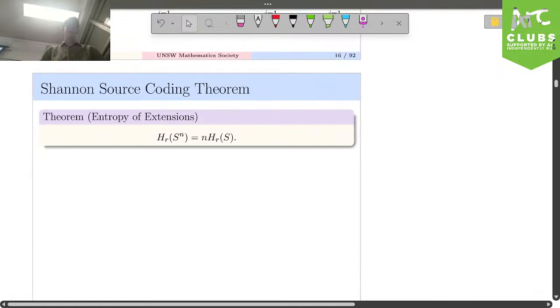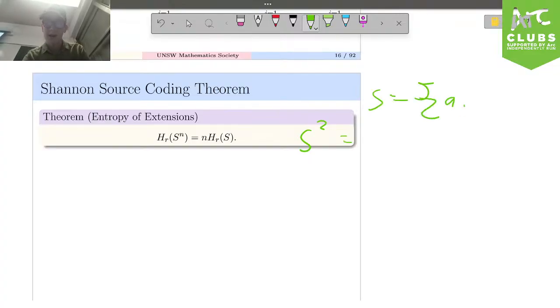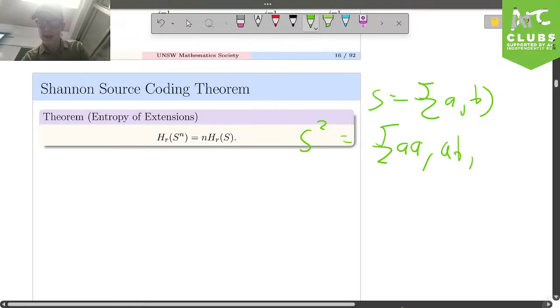So what this is talking about is similar to what we spoke about before, expanding upon that idea of entropy of extensions. We looked at how when we made the Huffman code for the extensions, for instance, we looked at, say, S squared, where if S was AB, we looked at S was AA, so we're trying to encode more at once, so we could try to get a lower average code word length out of this.